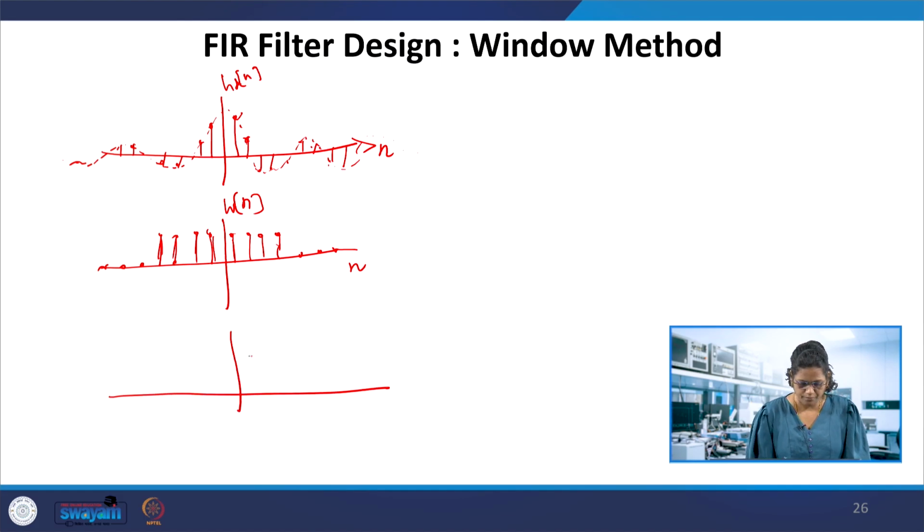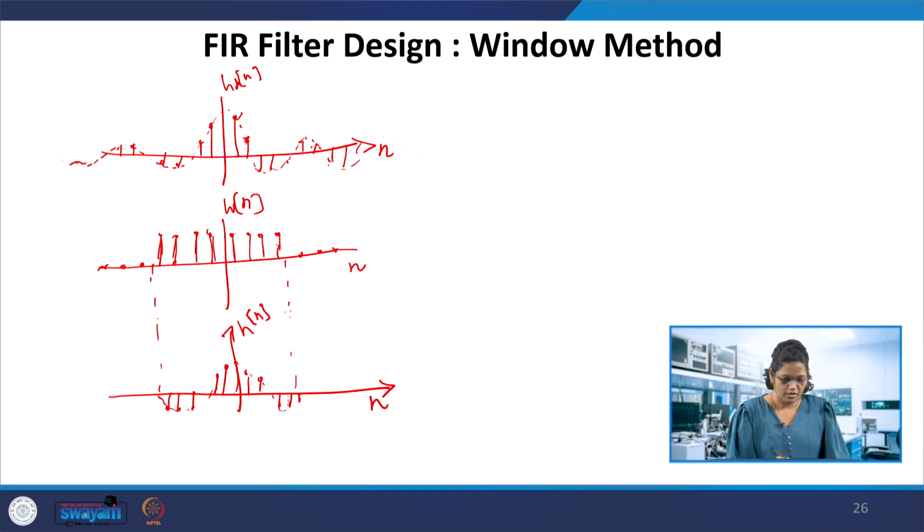in the time domain? For this width, you'll have the same function up to this point. We'll have this up to this point, that is h of n, the filter coefficients. This is n over here. So this is the time domain. So multiplying the two of them depends on the magnitude, and after this it becomes 0, this